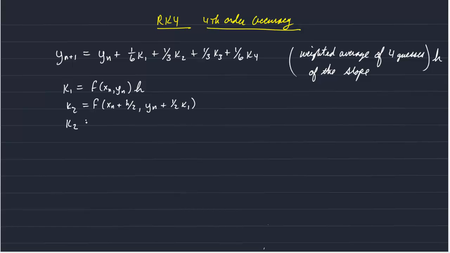For the third term, we have f evaluated at, and the second term is also multiplied by h. The third term is evaluated at point xn plus h over 2 again, but then at point yn plus 1/2 times k2. This is K3, not K2,